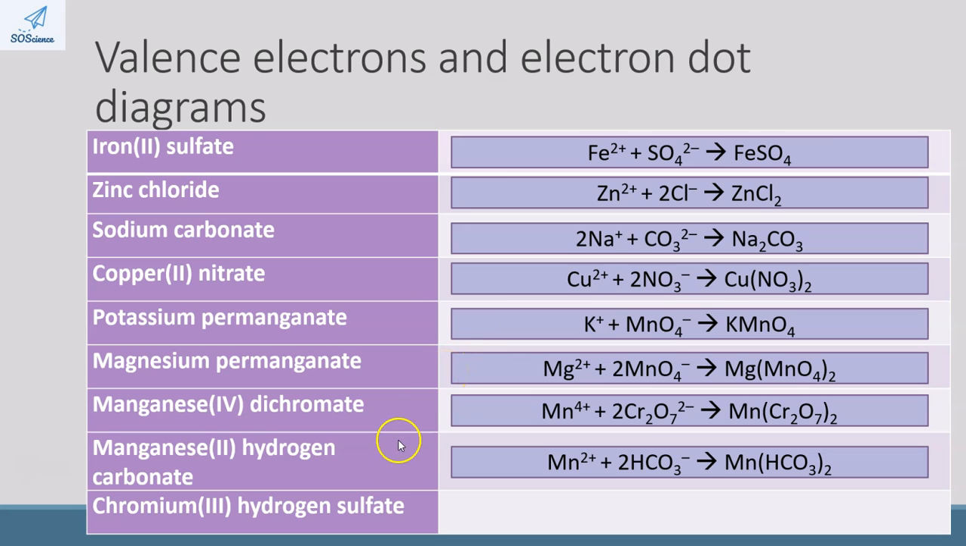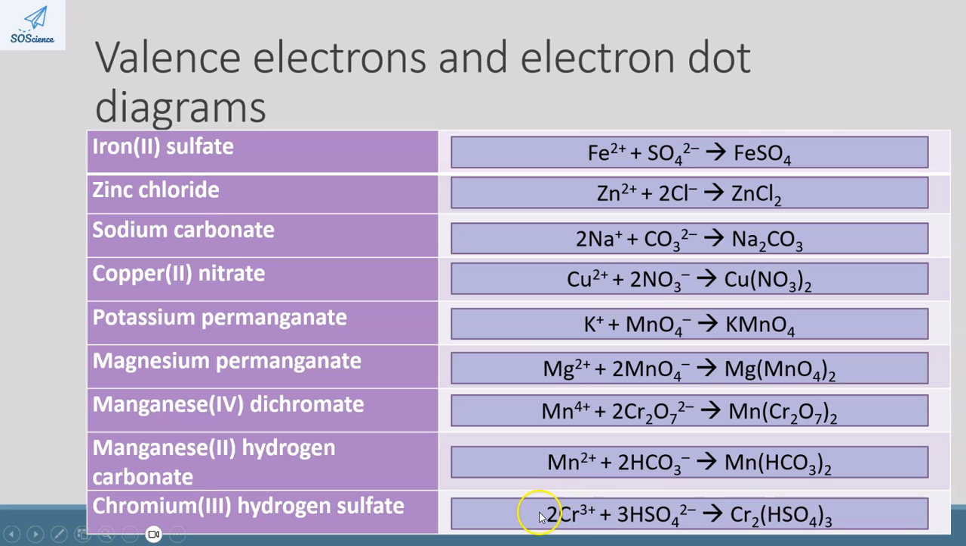And finally, let's look at chromium 3 hydrogen sulfate. The chromium 3 ion is Cr3+, and the hydrogen sulfate ion is HSO4 2−. So that will result in Cr2(HSO4)3. And we can let these subscript numbers lead us in terms of showing us the number